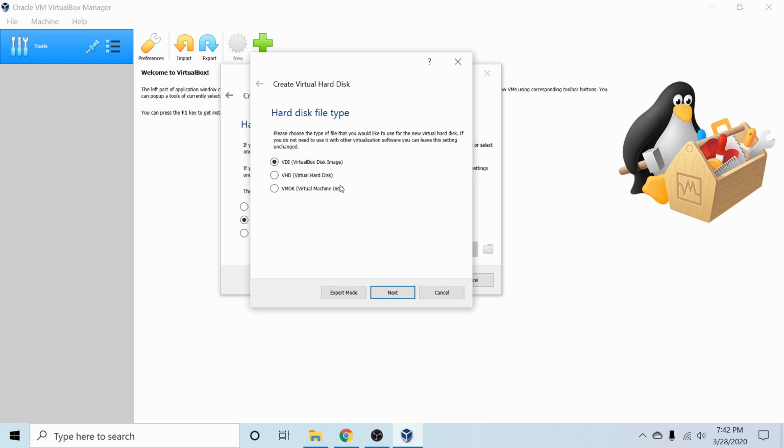Following that, we get options on different types of virtual hard disks. They're just different formats. VDI is the default for VirtualBox because it is a VirtualBox type of image. You also have VHD or VMDK. These are better suited if you plan on migrating your virtual machine over to different virtualization software. But since I'm going to keep mine in VirtualBox, I'm going to go ahead and select the default option, VDI,